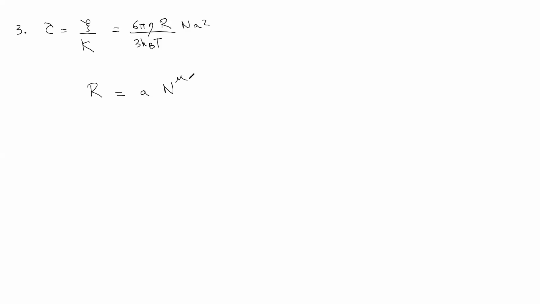Depending on if you are dealing with the Zimm model or the Rouse model. In the Zimm model, assuming ideal description, well, mu is equal to 1/2. In the Rouse model, then mu is equal to 1,